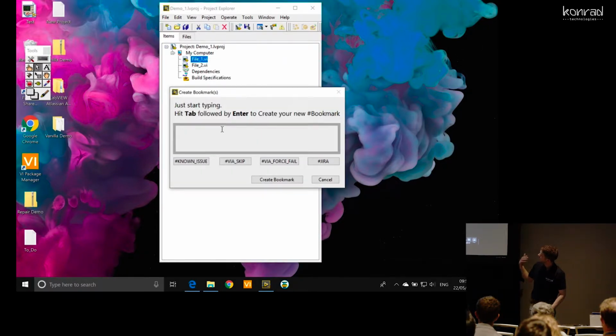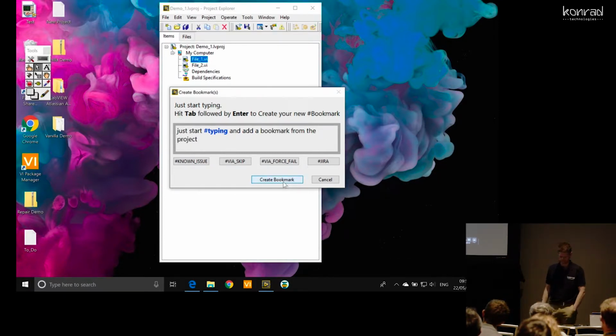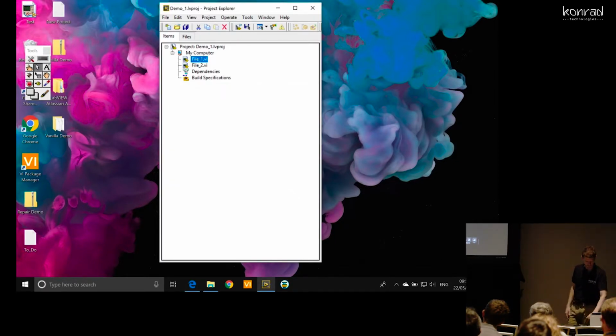And I wanted a way to actually be able to add pre-written bookmarks as well. I thought that might help me if I had some pre-written bookmarks that could be defined in an INI file that I could then add into my project. So that was my first